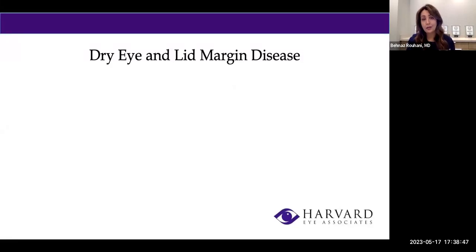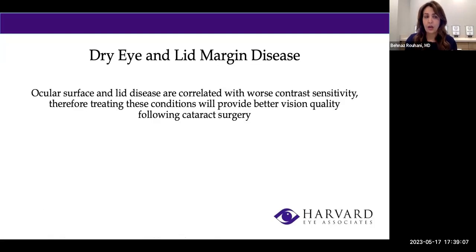As most of you may know, because this is such a common condition these days, there is dry eye and eyelid margin disease. A lot of patients are already dealing with it, or they have a mild stage of it that needs to be really addressed prior to cataract surgery. The ocular surface, which means the tear film that covers the surface of the eye, is very, very important to be assessed and managed prior to proceeding with cataract surgery.